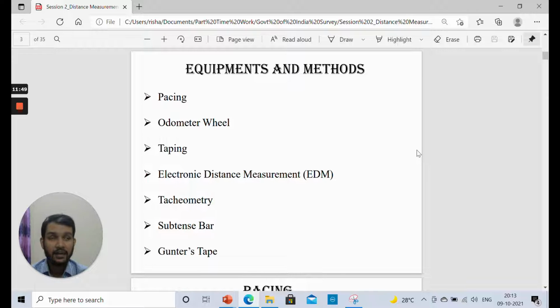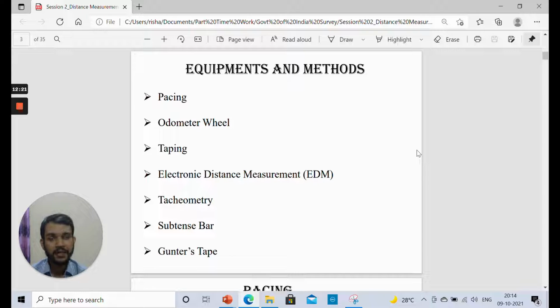Okay, and how we determine the average pace length, there is also a technique going forward into this. You can't just measure one pace length when he is standing, because what happens if you do it like this, then it won't be the same pace length that he generally takes. So there is a method that I will discuss when we will be going through pacing, and it generally gives us an accuracy of around 1/50 to 1/100. Means in every 50 meters there may be an error of 1 meter if the survey is being conducted by pacing, that we generally consider.